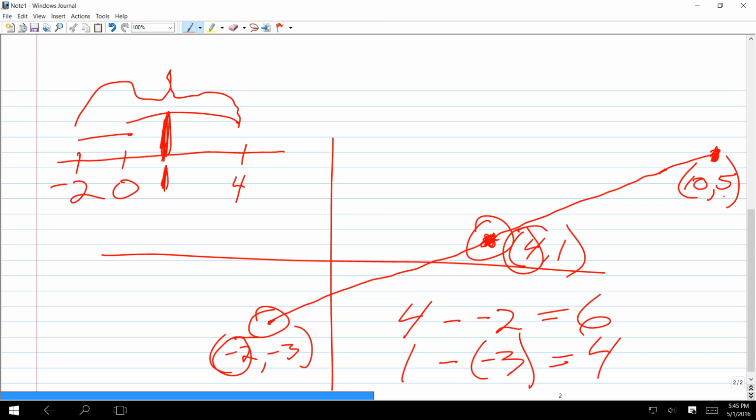Okay, so now you should be able to find the distance between 2 points. You should be able to find the midpoint between any 2 points. And you should be able to find an end point given one end point and the midpoint. All 3 of those are potential questions that they would ask. And in fact, I can't even think of another kind of question they could possibly ask,